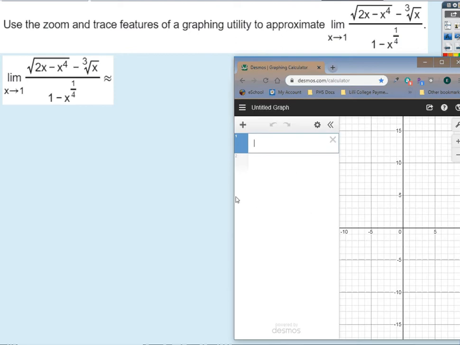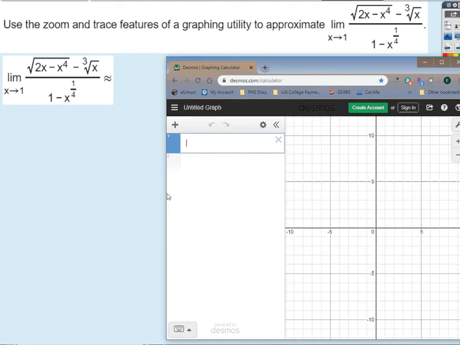Okay, on the graphing utility, what would I do if I want to zoom and trace to find this limit? It's pretty straightforward. I'm just going to enter the function. So I have f of x equals, and then just type it as it's written. If you type in sqrt in Desmos, or in the non-graphing one, it recognizes that as a square root function. Little shortcut. 2x minus x to the fourth